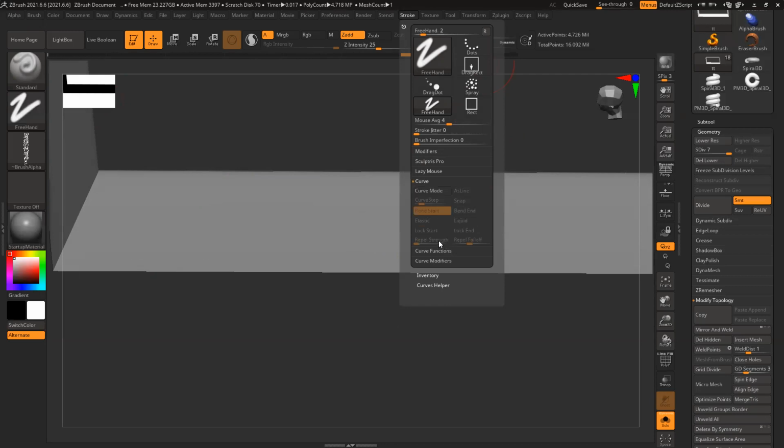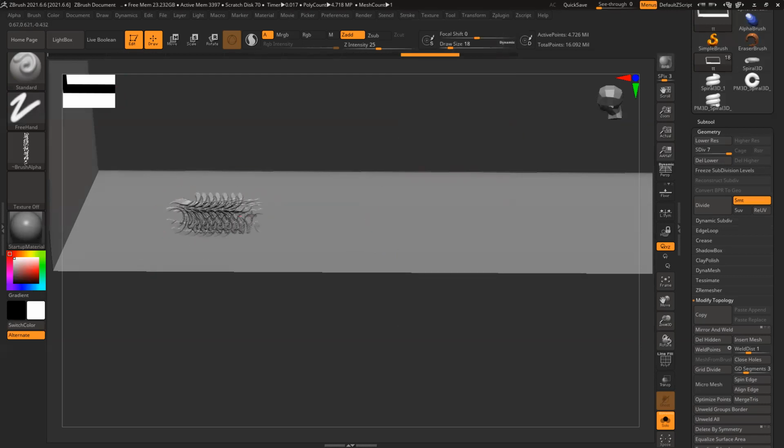Lazy mouse is fine. Curve function. Under lazy mouse only, I need to increase the lazy snap. So maybe, let's see, still the same.